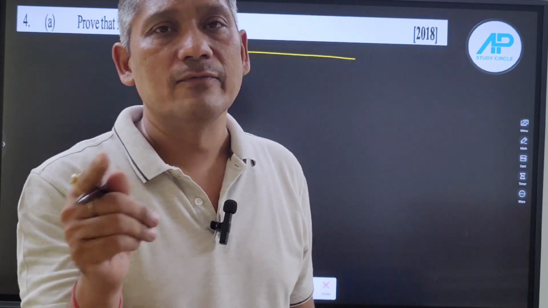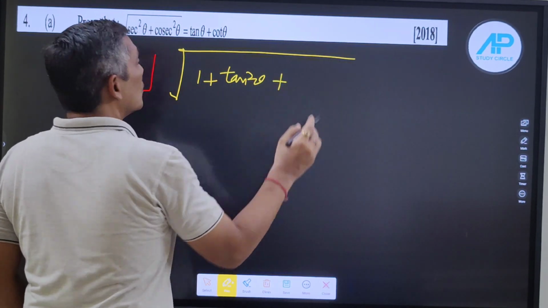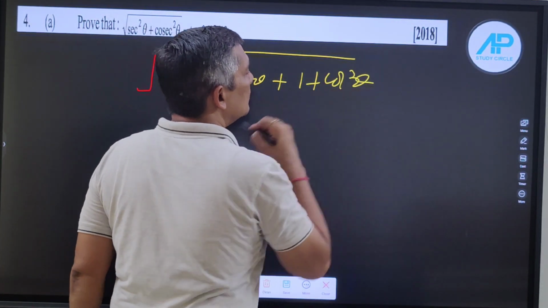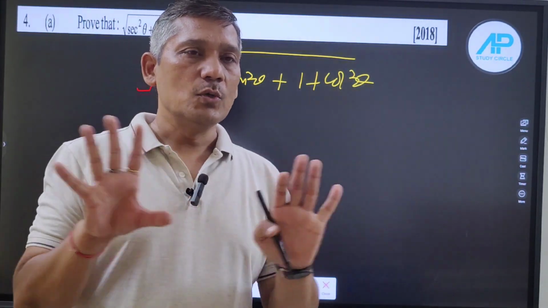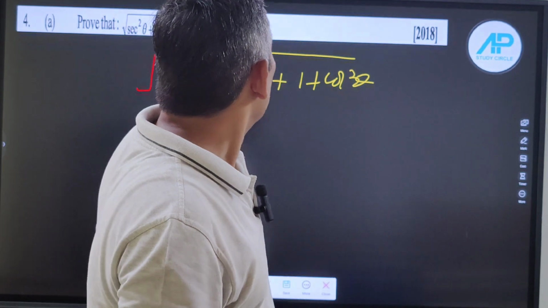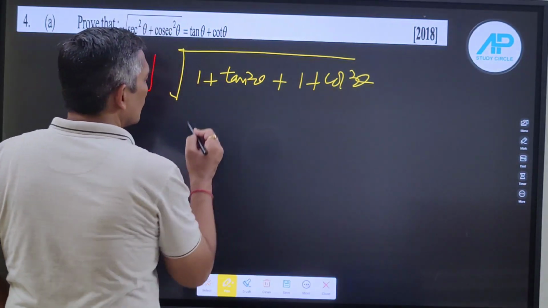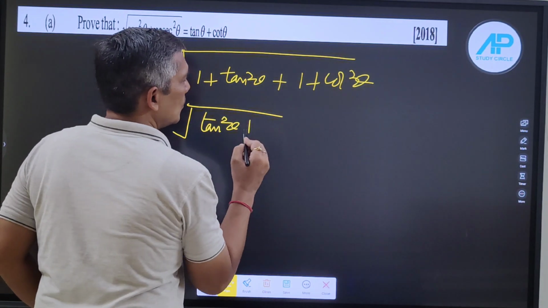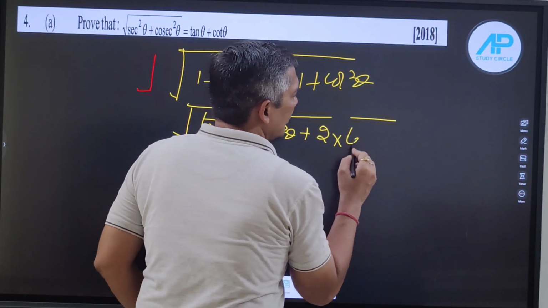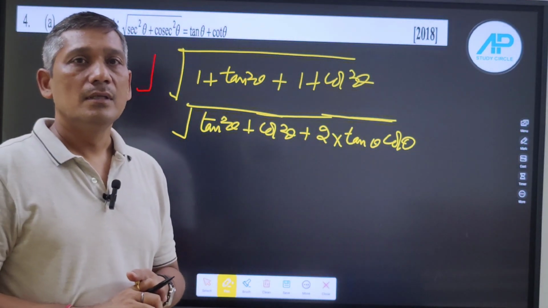तो मुझको ये मालूम है कि sec square 1 प्लस tan square होता है। और cosec स्क्वायर कितना होता बताइए, 1 प्लस cot स्क्वायर थीटा, करेक्ट। सो आपको ये समझ में आ रहा है यहाँ पर सब लोगों को भाई कि हम आइडेंटिटीज का डायरेक्ट एप्लीकेशन कर रहे हैं। हमने यहाँ पर sec स्क्वायर लगाया, 1 प्लस tan स्क्वायर, और cosec स्क्वायर 1 प्लस cot स्क्वायर। मैंने यहाँ पर इसको ग्रुप कर लिया, tan स्क्वायर प्लस cot स्क्वायर प्लस 2 को लिखा हमने tan थीटा cot थीटा।